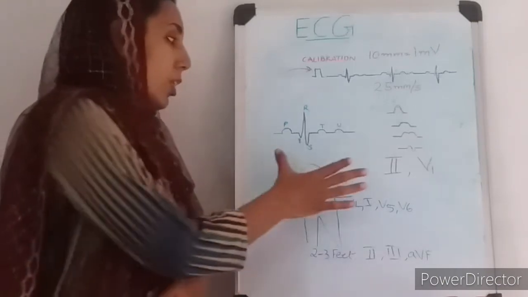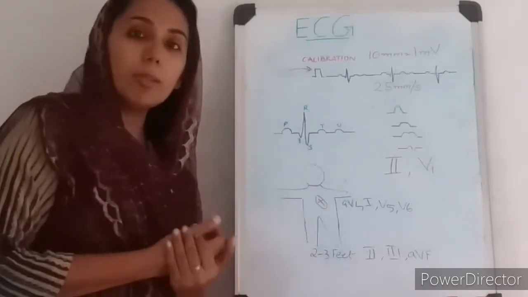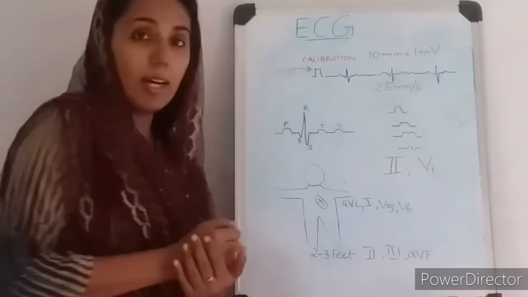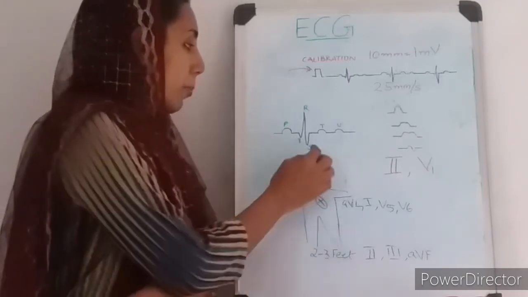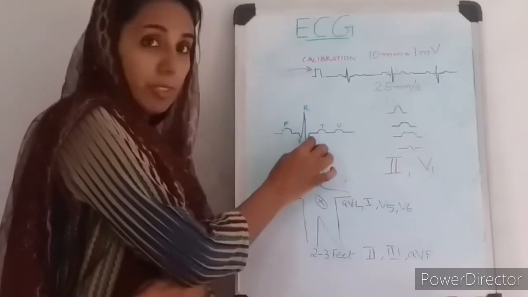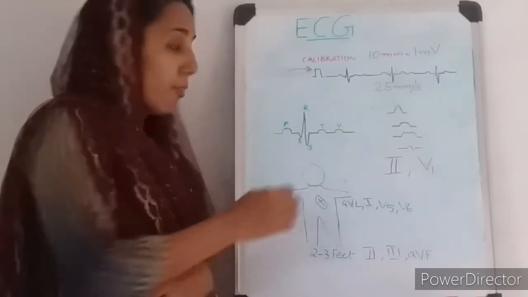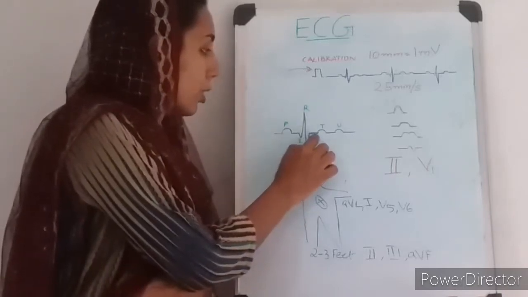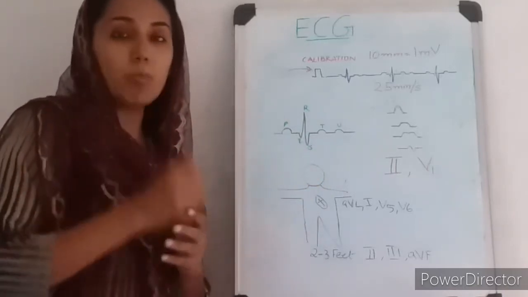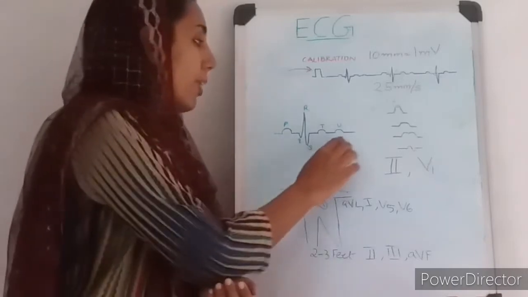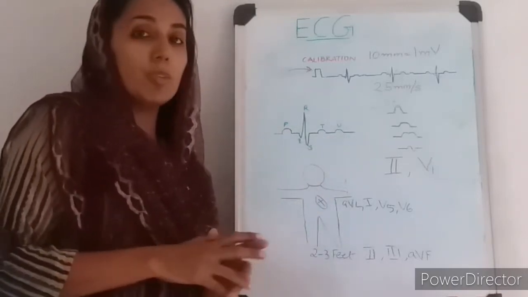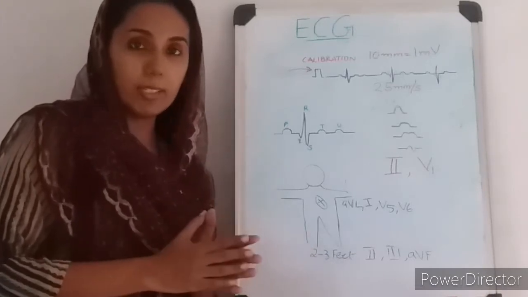Now, this is what you know about it. So, what is the PR segment? PR segment is the distance between the end of the P wave and the start of the R wave. We have another segment, that is the ST segment, that is from the end of S up to the start of the T wave. That's a small ST segment. We also have an isoelectric segment, that is called the TP segment. So these are the segments which we had discussed earlier.